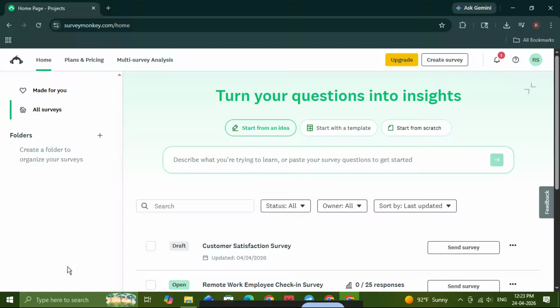If you want to adjust your logo size in SurveyMonkey, this quick tutorial will walk you through the exact steps so you can make your survey look cleaner, more professional, and better aligned with your brand. Whether your logo is too large, too small, or just sitting in the wrong spot, you can fix it in